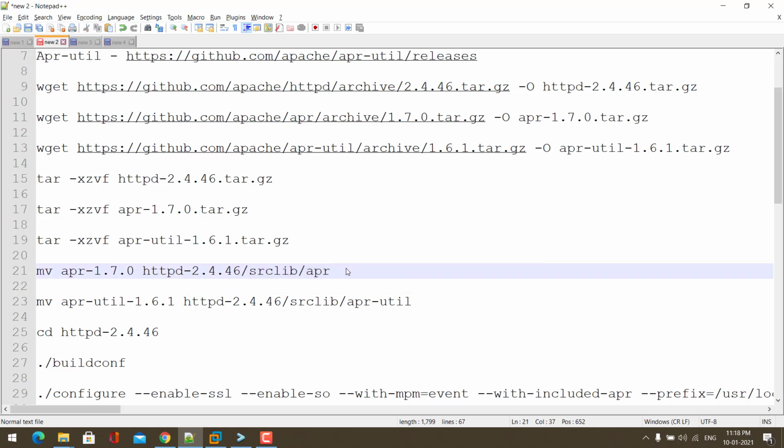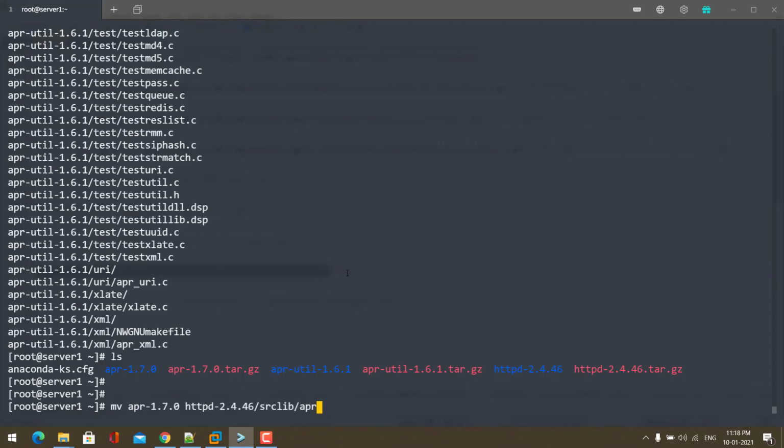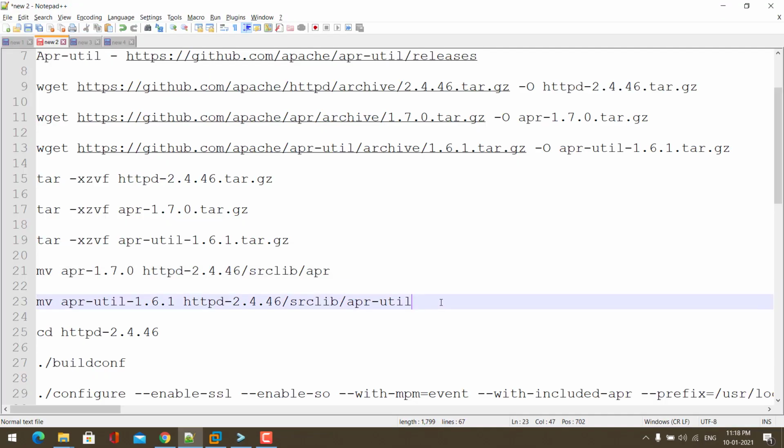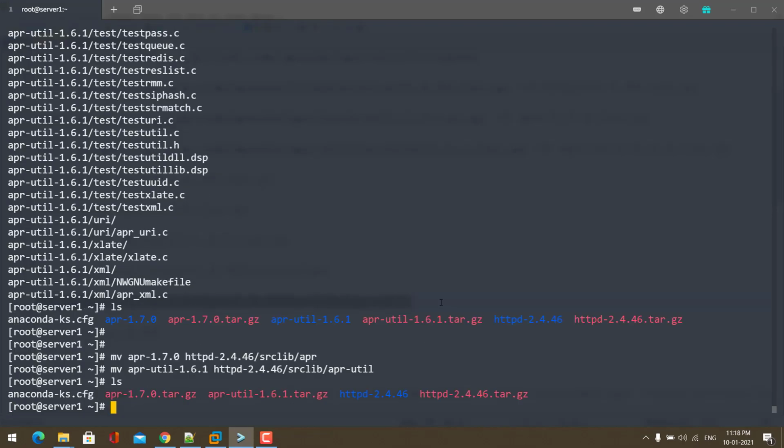For that, you can use this command. Now we can see both these directories are moved.